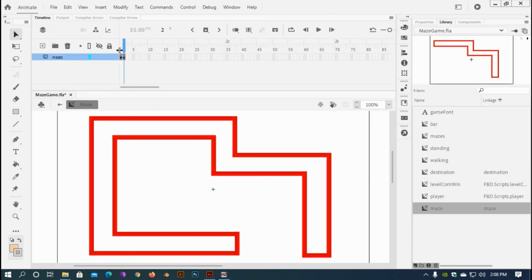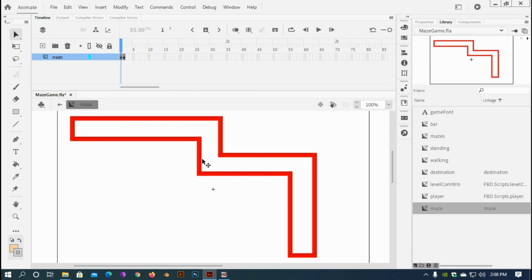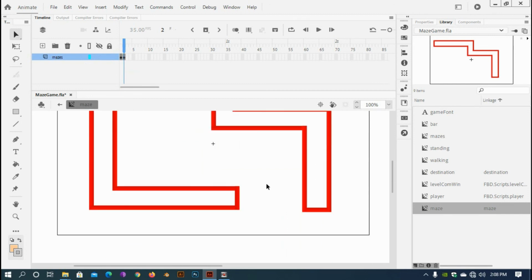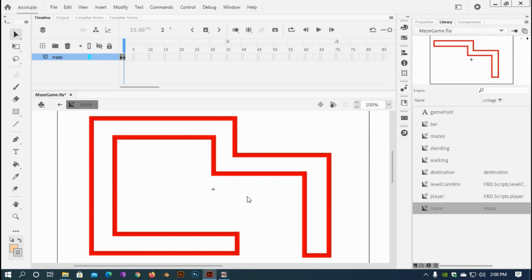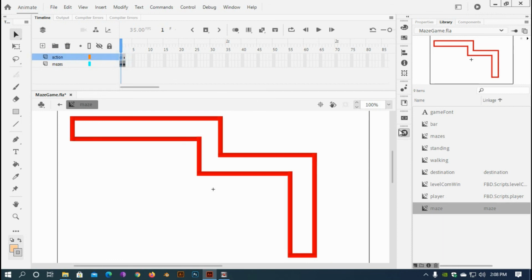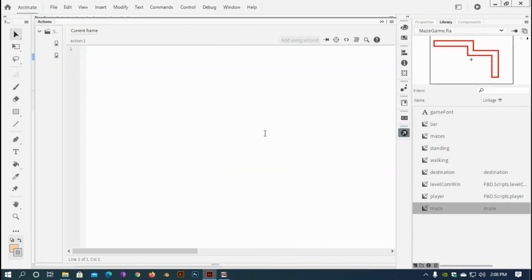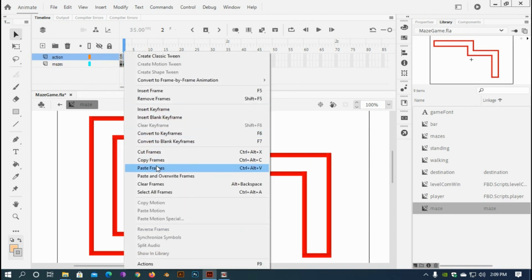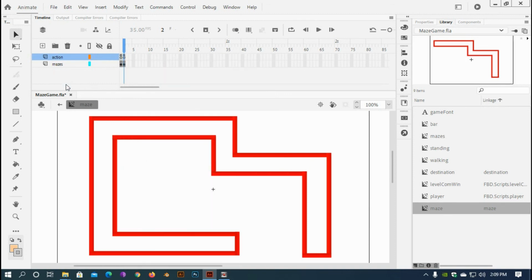So here inside the second frame of the maze, this one I have created changes this maze, and now I'll insert a keyframe and name it action, and selecting this frame, go inside the action panel, I'll type stop, and I'll copy this and paste it here for the second frame,